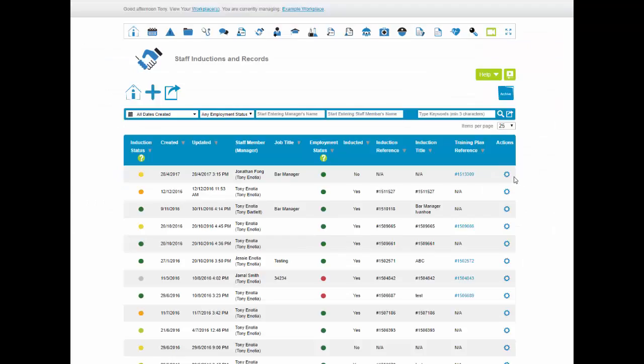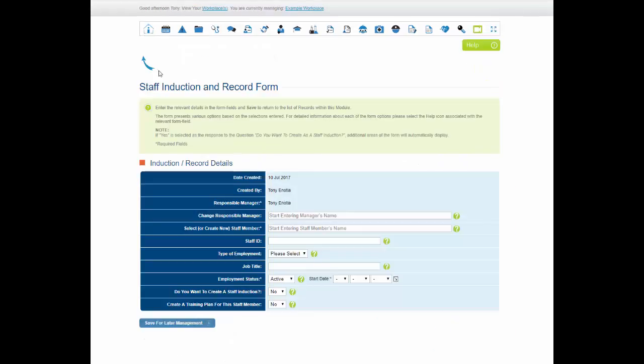Mousing over the Actions icon displays the various options for managing existing records in this module. And to add a new record, select the plus icon, which displays the staff induction and record form. Selecting the up icon at the top of the form returns to the list view, but does not save the